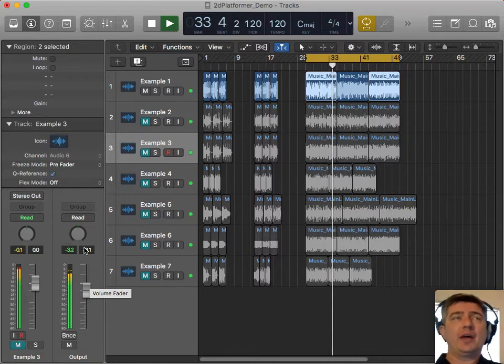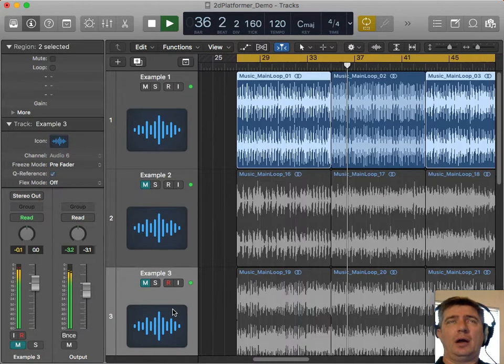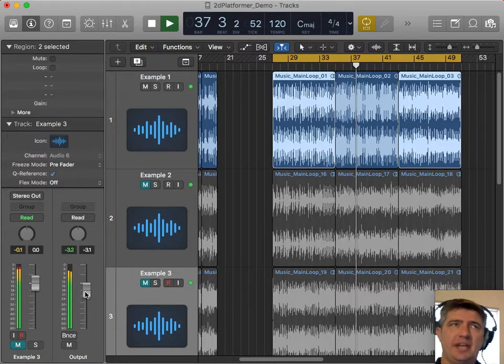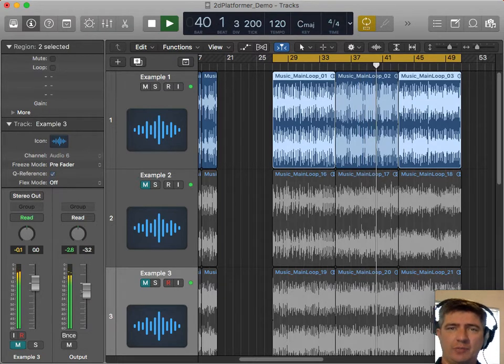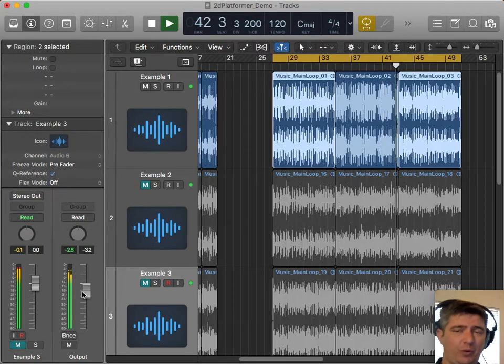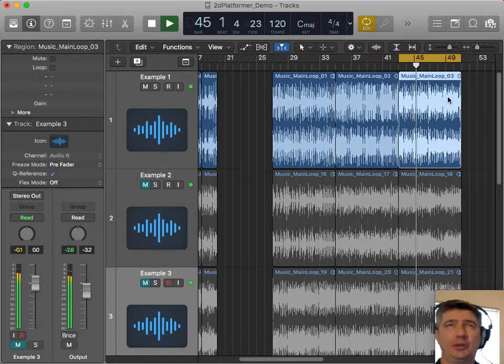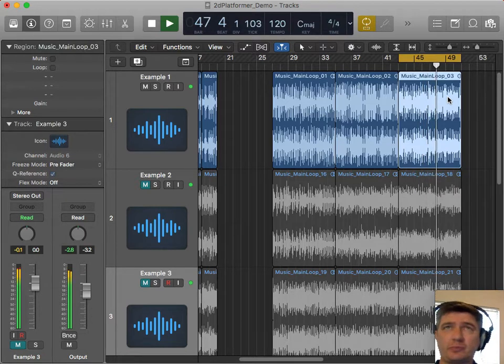All right. So, an 8-bar loop. You should be able to hear from one to the next. There's a slight bit of variation, a little bit of change in the drums, certainly the lead line and the chord progression. Each one of these is set up to loop and also seamlessly transition to the next one. So when it reaches the end here, it should be able to return back to the top, no problem, with no pops or clicks or anything.